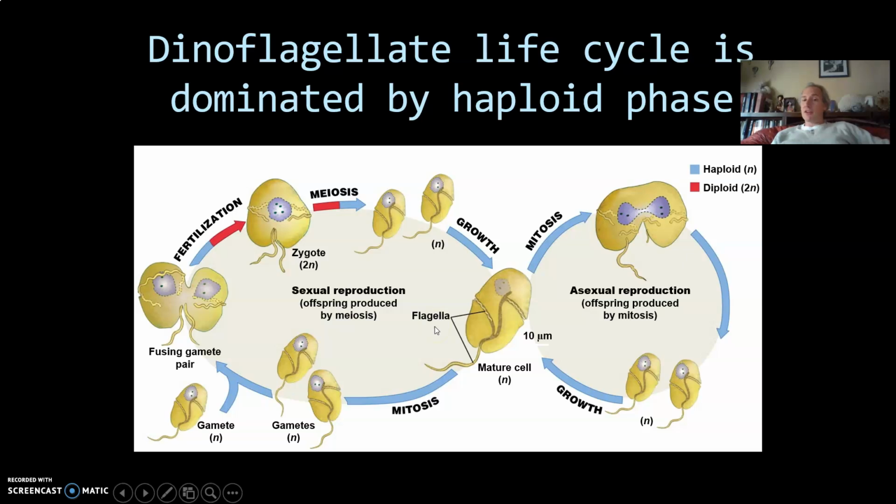If you want to practice, a good way to learn these life cycles is go to D2L, look at the pictures with all the words missing and be able to recognize, is an arrow mitosis? Is it meiosis? Is it fertilization? What's haploid? What's diploid? Point to anything. Find the gamete, find the zygote.